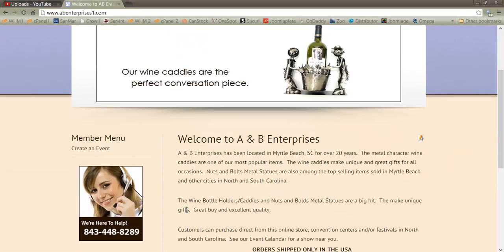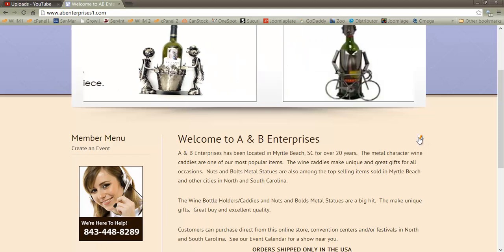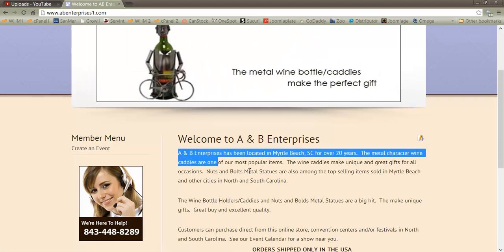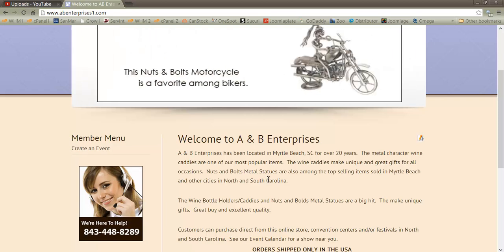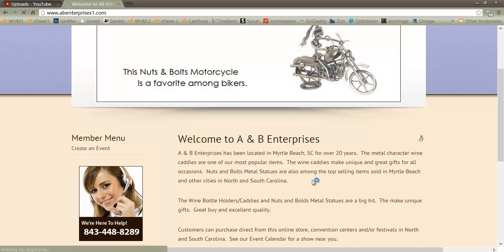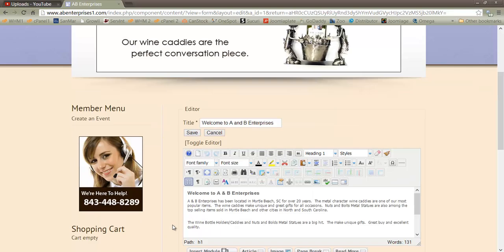Okay, once you're into the website and you're logged in, then you're going to have a little pencil tool over your article. Your article is the stuff in the middle here that is the content or the text of your pages. So we're going to click on this little pencil icon, and that will bring up the actual editing tool. And the editing tool is this part here,